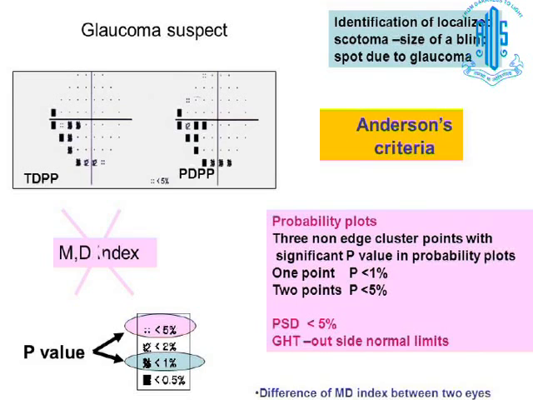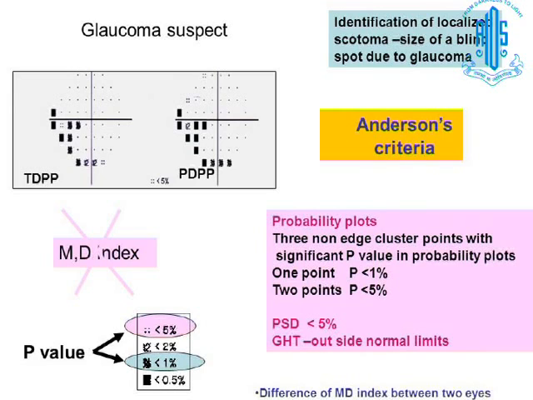Anderson's criteria are used to pick up an early localized scotoma which is supposed to be glaucoma. You should have a cluster of 3 points, with 1 point with p-value less than 1% and 2 points with p-value less than 5%, PSD less than 5%, and GHT outside normal limits. Usually we don't consider the outer set of points of 30-2. What do I mean exactly? Sometimes glaucoma starts here and progresses. This starting point will have a p-value less than 1%, and these 2 points can have p-value less than